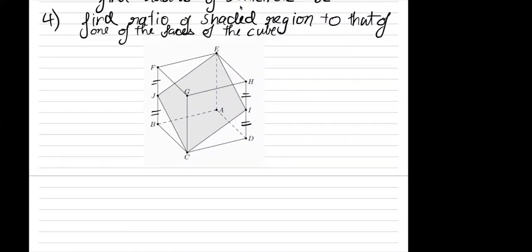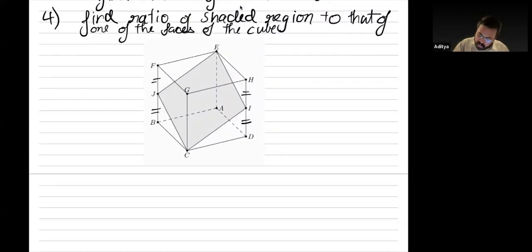Next question, yeah. Question 4. We have a cube with us. Now in this cube, we are joining point E to the midpoint of side FB, then again to C, and then C to the midpoint of side HD, and then E is joined to I. This forms a region called a rhombus because all these side lengths are equal, and it is given that this